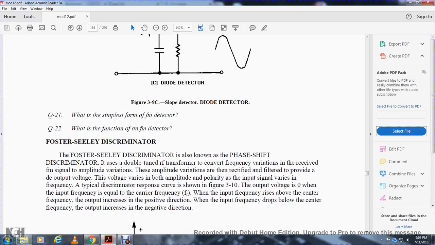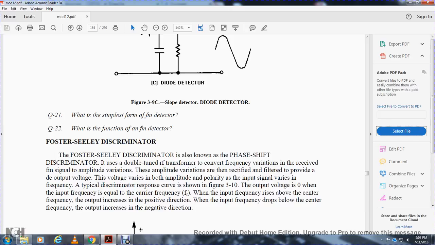The Foster-Seeley discriminator. The Foster-Seeley discriminator, often known as the phase shift discriminator, uses a double tuned radio frequency transformer to convert the radio frequency variations of the received frequency modulation signal into amplitude variations, which are rectified and filtered to provide a DC output voltage. The voltage varies with both the amplitude and the polarity of the input signal as the frequency varies. The discriminator curve is shown in figure 3-10. The output voltage is 0 when the input